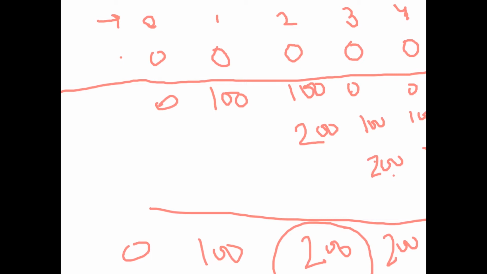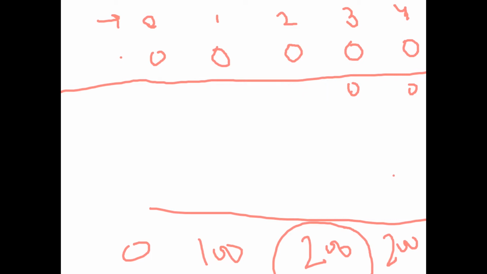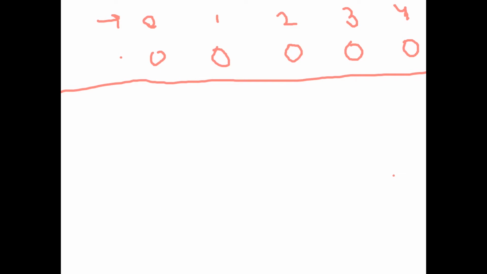So let's try and now optimize this. Let's see where we can optimize and how we can optimize this. Okay, so this will also be removed. So this is the final array that we are looking for: 0, 100, 200, 200, 200, and then this. I'll erase this, and then we will see whether we are able to get this array using another approach.